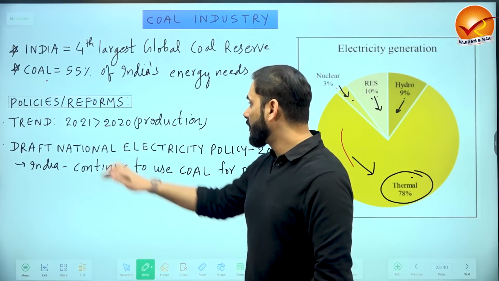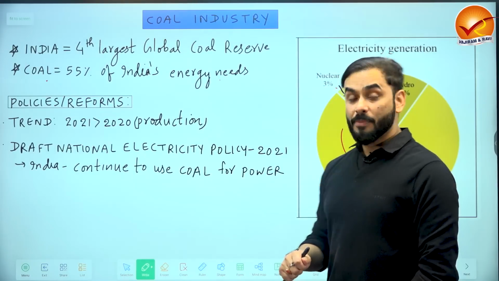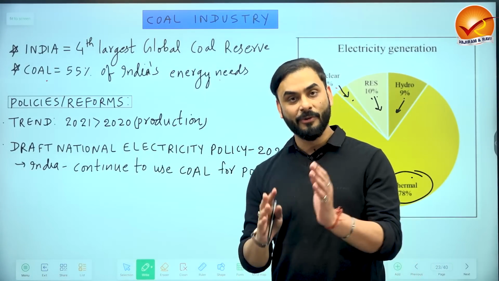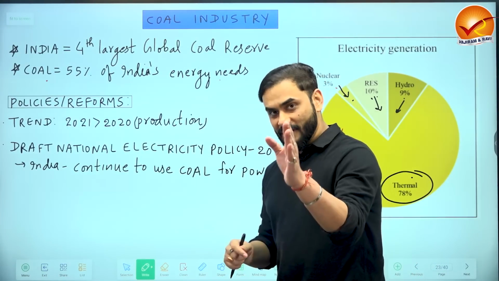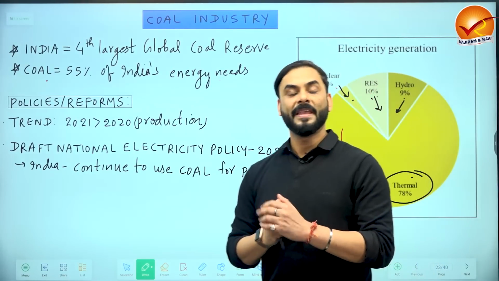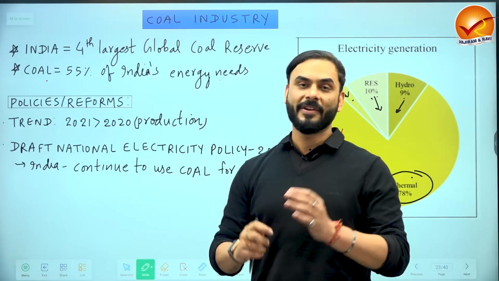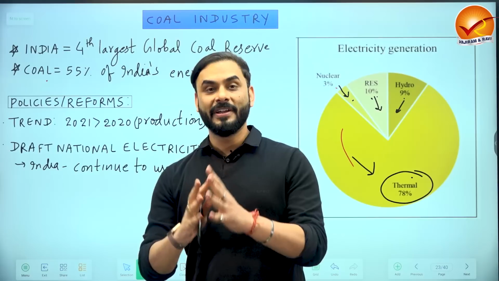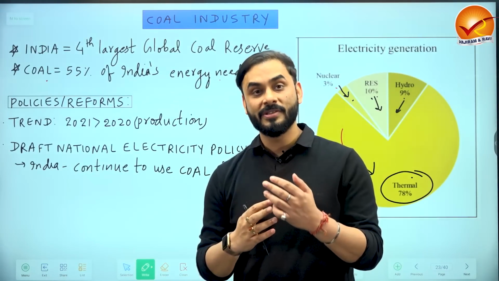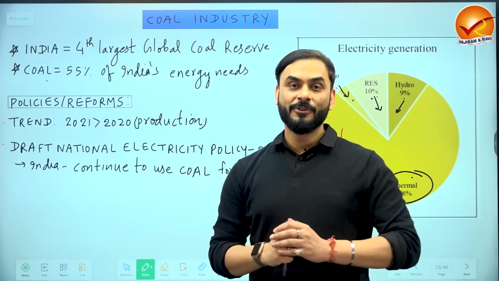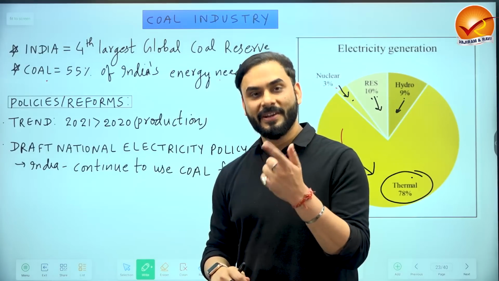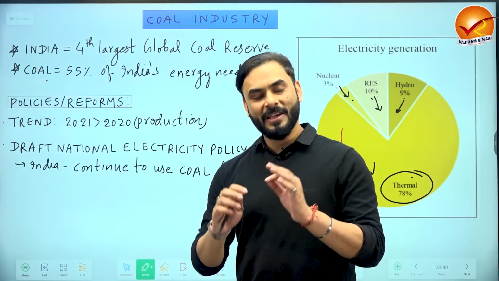Now let us look at some of the reforms and policies. You see, the production of coal in India in the year 2021 is more than 2020. See, 2021, it's higher. Now there is a draft policy called the Draft National Electricity Policy 2021. In this Draft National Electricity Policy, something very interesting has been told by the Government of India. Government of India has said that yes, we understand that we should not use a lot of coal because coal is a fossil fuel and coal creates pollution also. But Government of India has made it very clear that it's a cheaper source of electricity generation